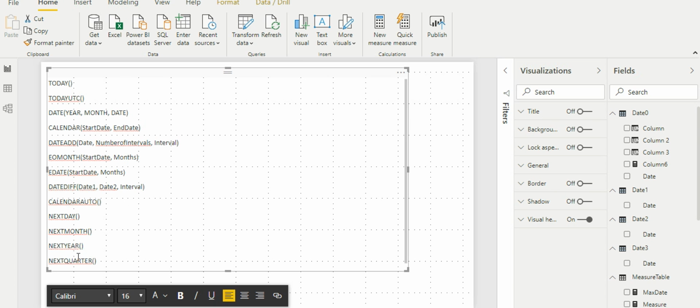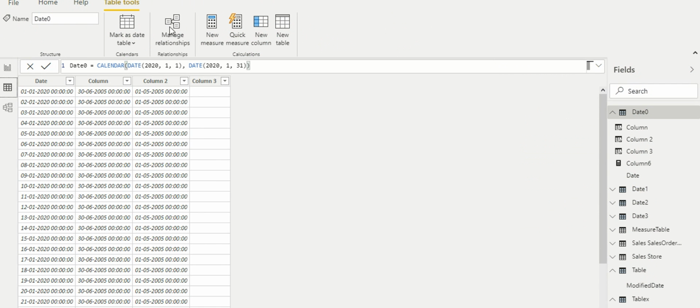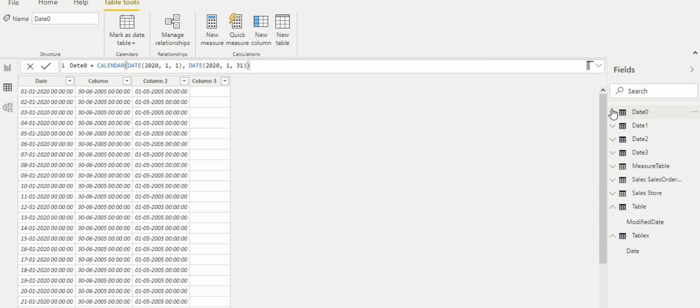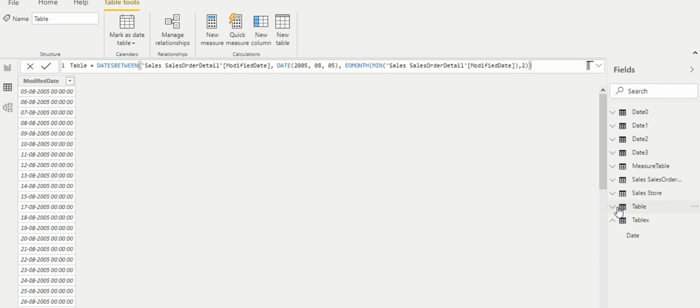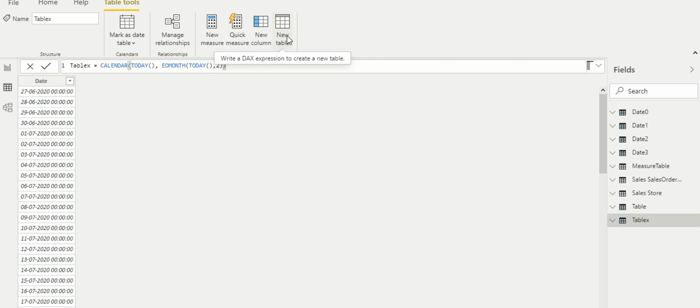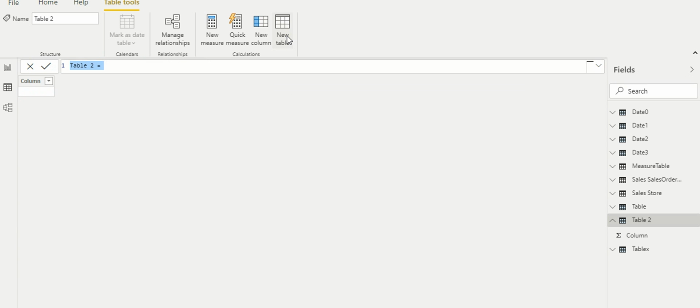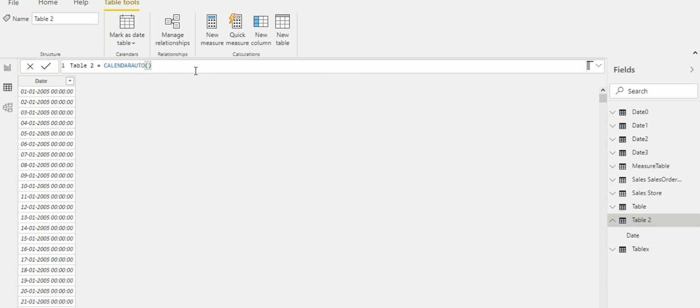So basically, how is the CALENDARAUTO function different from the usual CALENDAR function? CALENDARAUTO is going to derive by itself a calendar of dates, in the sense a date table containing a single column that is going to have all the dates between the minimum and the maximum date available in the model. So using CALENDARAUTO would be much easier, but it has a downfall, wherein it is going to give us all the dates that are present in the model.